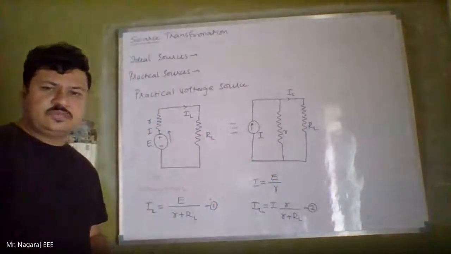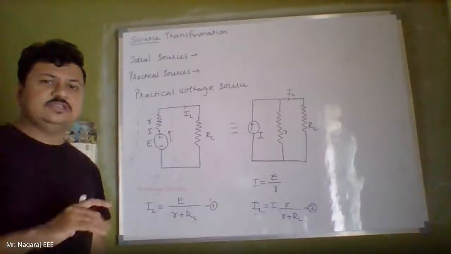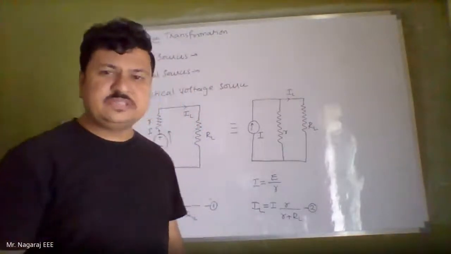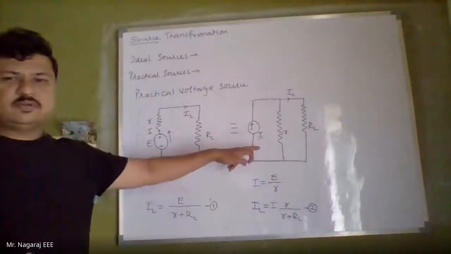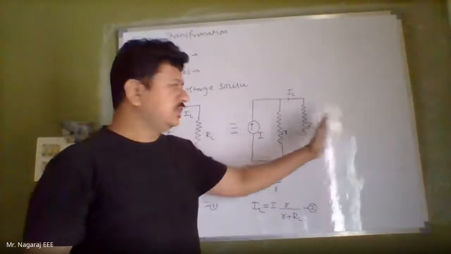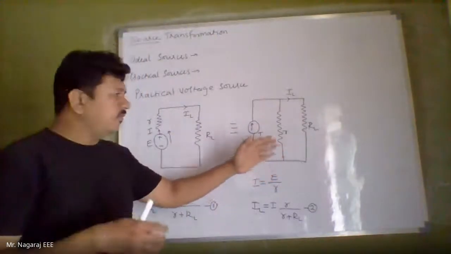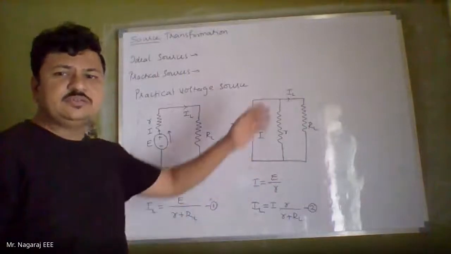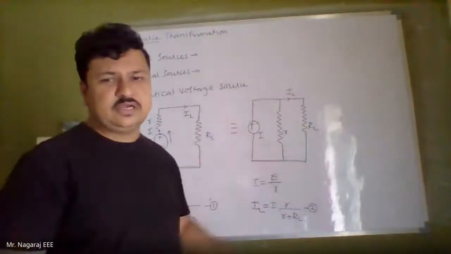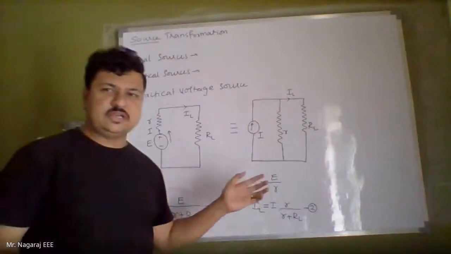So after source transformation, the current received by any branch should not change. That is the fundamental thing we should remember, because if it changes, then there is no meaning in source transformation. That will become an entirely different circuit. If there are multiple branches connected here, and the current changes every time I do the source transformation in each branch, then after every source transformation the circuit becomes a new circuit. The original circuit is lost.